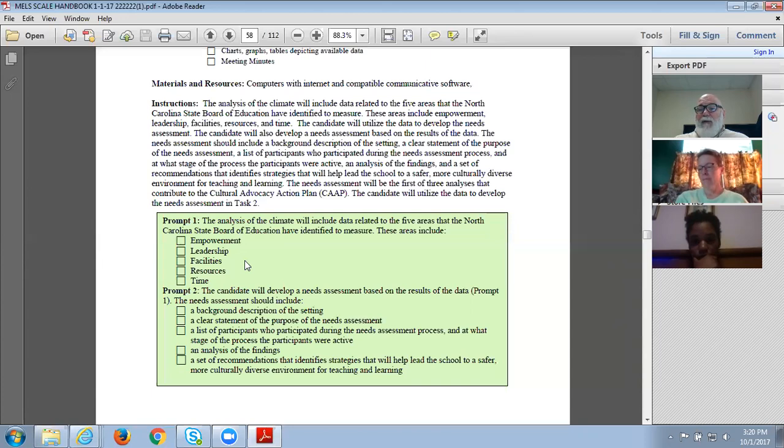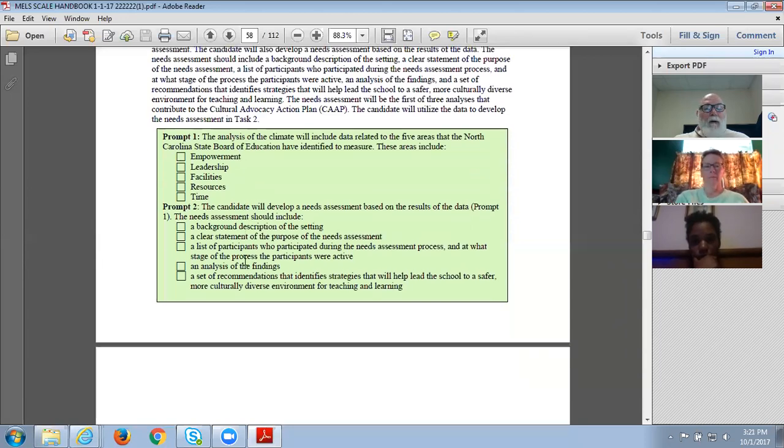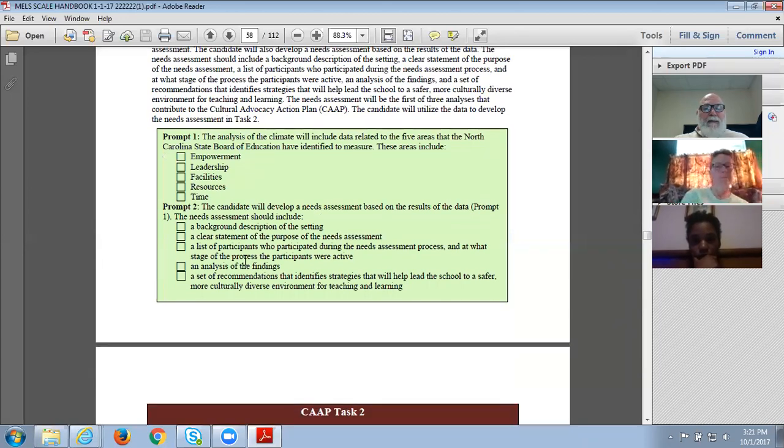Kelly, you don't have that, but you have something similar, I know. The candidate will develop a needs assessment. Basically, you ask those 5 things, the 5 key items within those that are the lowest. There's 6, 8, 10 items on each one of these things. You find the lowest one, and you do a needs assessment. You simply survey that same question again, and you're trying to determine, is that still low, or was that just an anomaly that students rated that low?